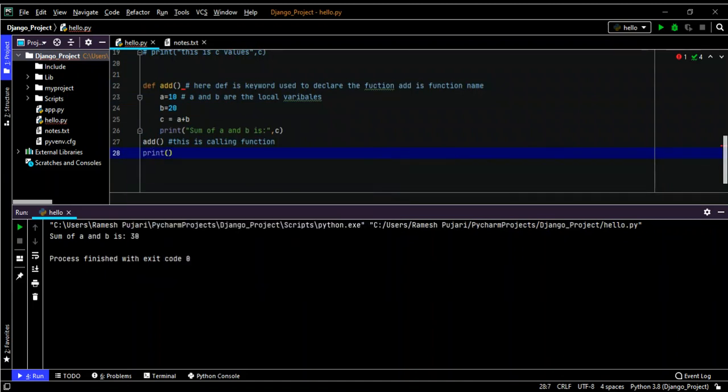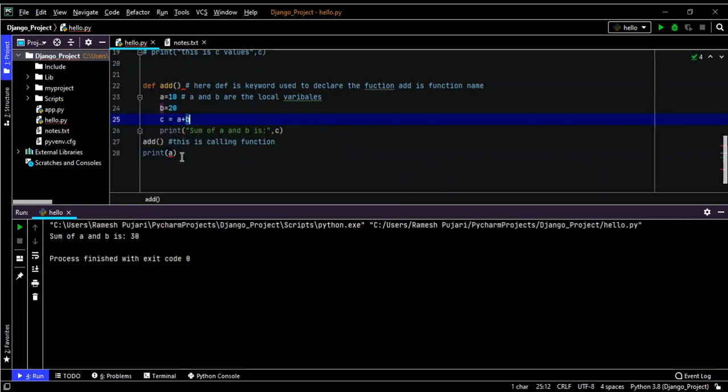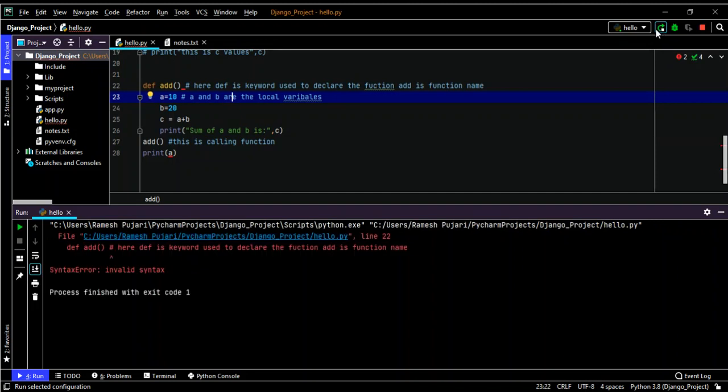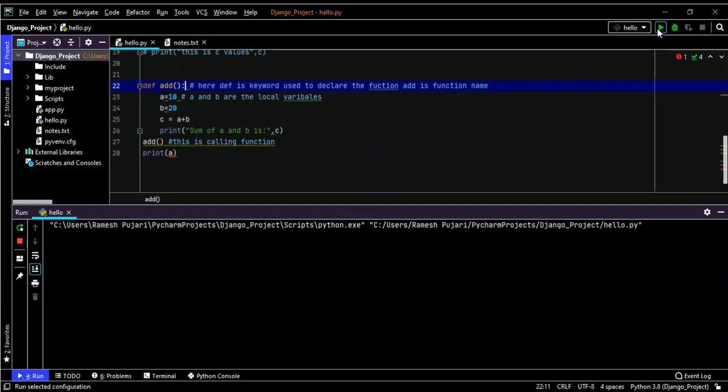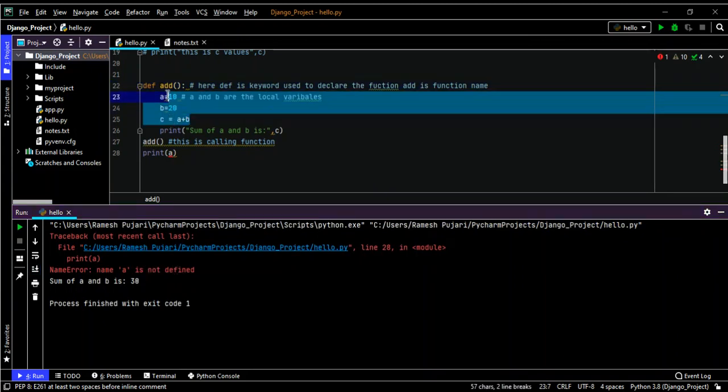Now I'm printing the variable a here. I'm sorry, it's not commented here. Now we can see a is not defined, because it is declared inside the function only.